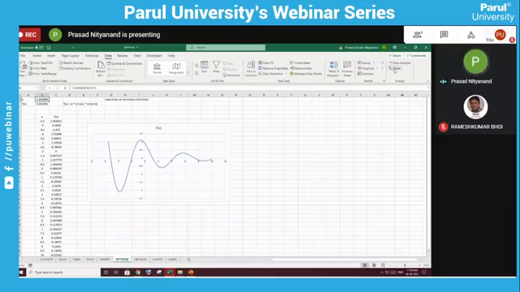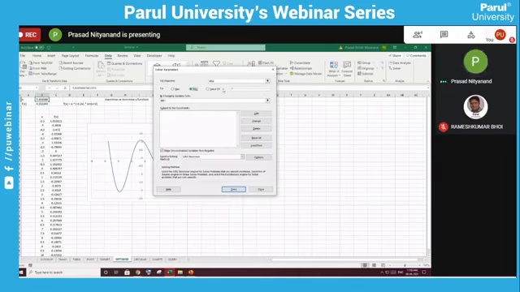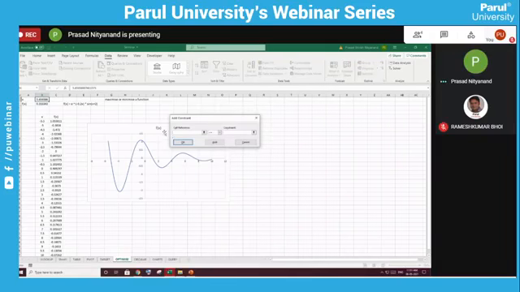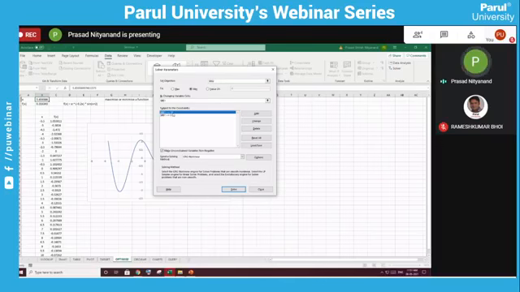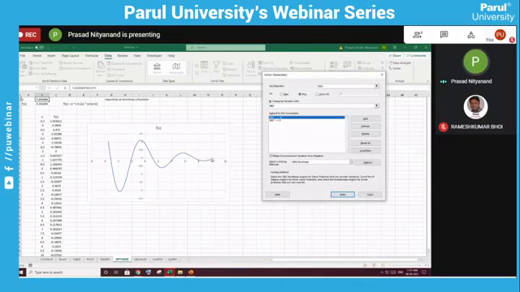So I will go to Solver again. I will put minimum by changing the cell, subject to, I will add the constraints. I will do this B1. It should be greater than or equal to 0. I will add one more constraint. This B1 will be less than or equal to 10. I will add. So these two constraints I have added. So for the value of B1 from 0 to 10, show me where it is getting minimum.